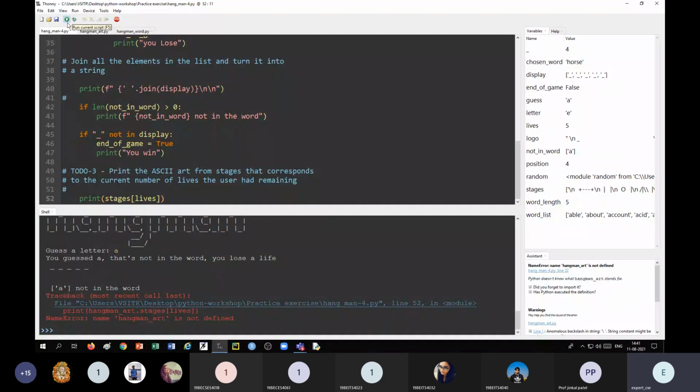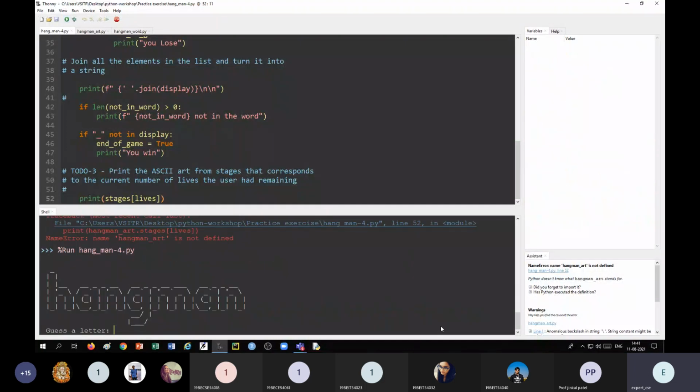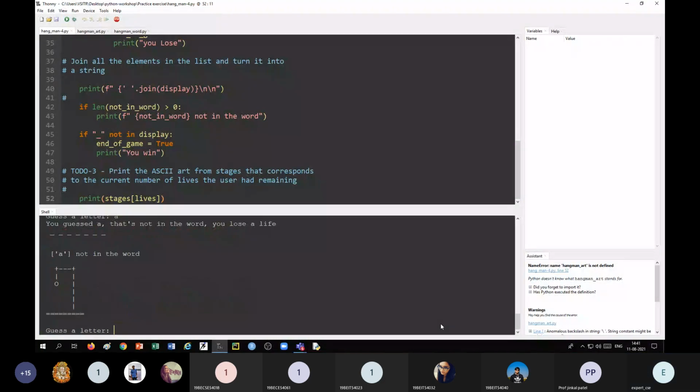Let us run it again. Say letter A, I am guessing. A is not in the word. Let me write E. E is there, so I don't know what the exact word is. For example, T. T is there. Say S. S is there.